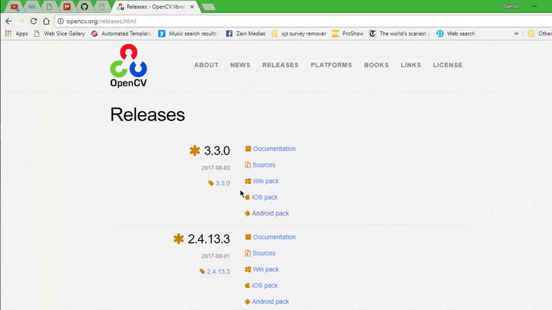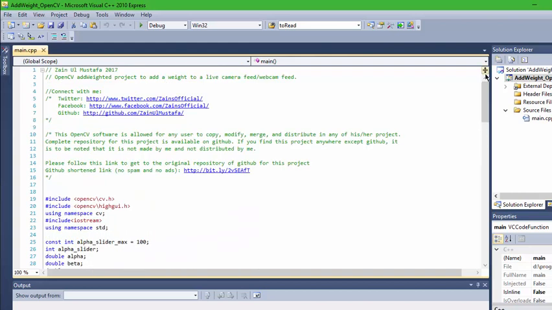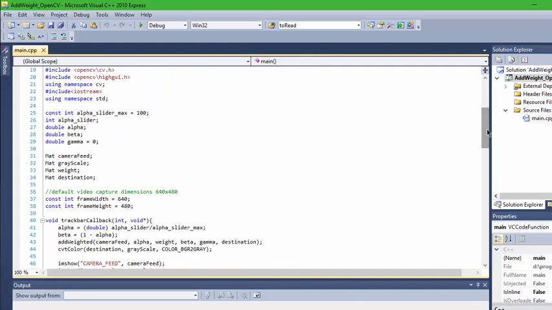Well, I have a Windows operating system, so I have downloaded this WinPack and I have installed it in the system. The whole installation is provided in the PDF file that I made, which is available on the internet for free, and you can find the link to that PDF file in the description below. Now what I did is that I created this project. This whole project is actually available on GitHub, so you can go there and get the whole code and run it by yourself. Change some things and go ahead and play with it.